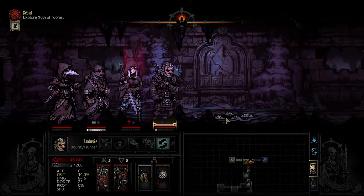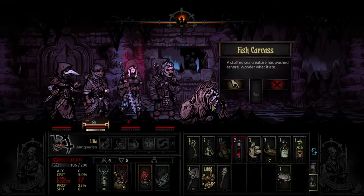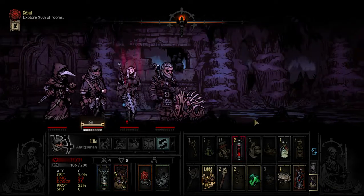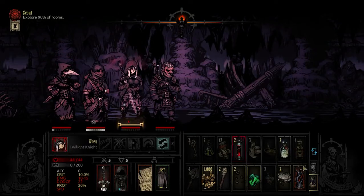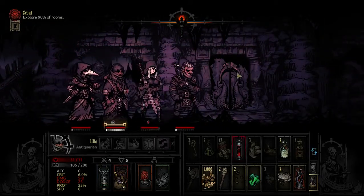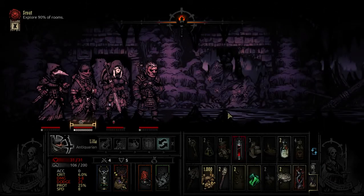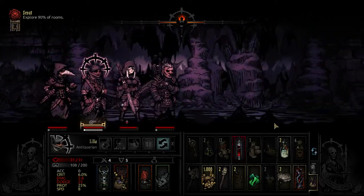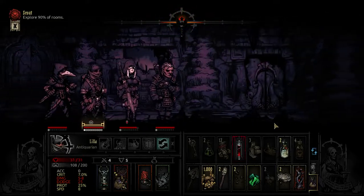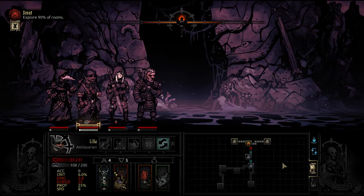Let's deal with this trap here. Now, the problem with this being a very dark run, and I do mean very dark, is that obviously I don't have a main support character, I have a minor support character. So we may end up taking quite a lot of damage. And if we have to run, then so be it. We can afford to let it get dark all the way back to this chamber, where we will light a torch and press onwards